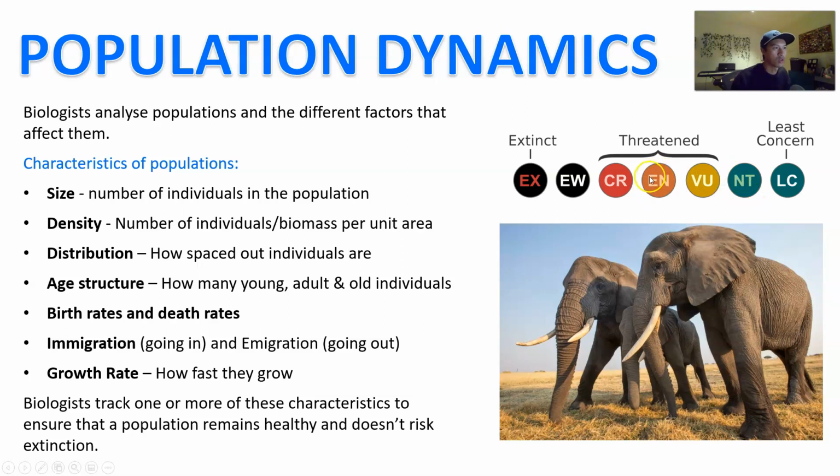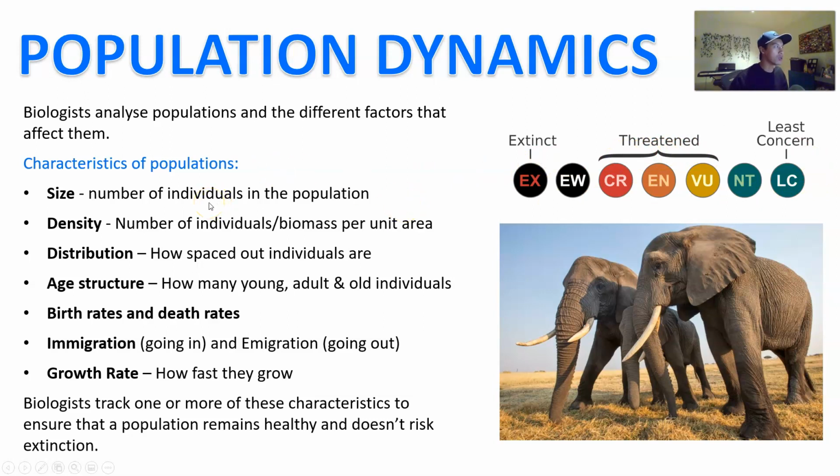Endangered is probably the most well known. If something is endangered, it means there's not a lot of it left. And then you can have critically endangered, which is even worse. And then you can have being extinct in the wild, and then you can just have extinct altogether, right? Now, we learn about these population dynamics so that we can figure out some of the ways that we can prevent organisms from going extinct in their particular environments, usually because of human activities, right?